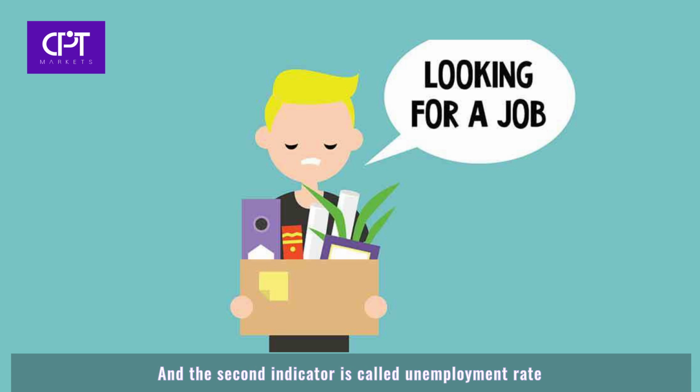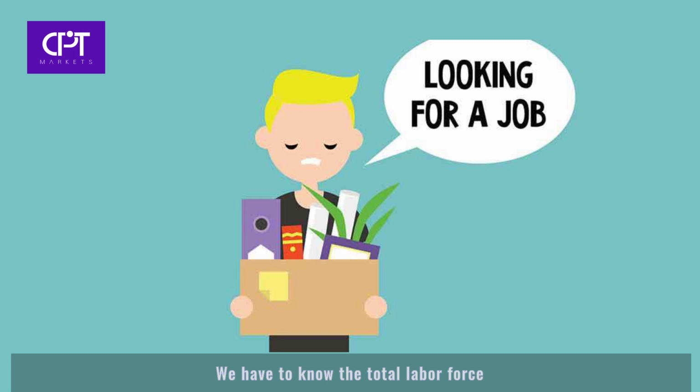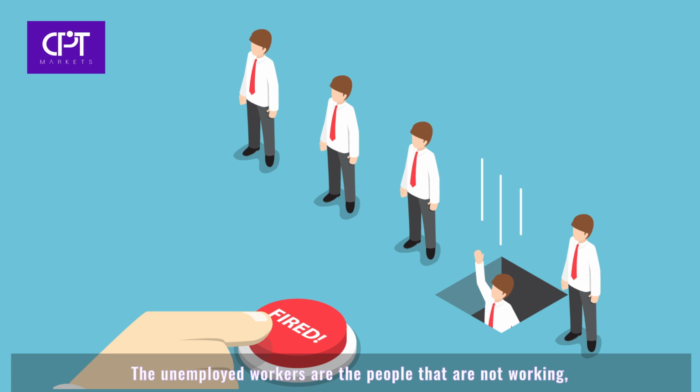And the second indicator is called the unemployment rate. The unemployment rate is the percentage of all the unemployed workers in the total labor force. We have to know that the total labor force is all the unemployed workers plus the employed workers. Unemployed workers are all the people that are not working, that have no jobs,